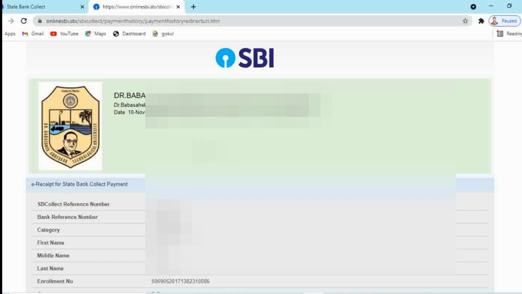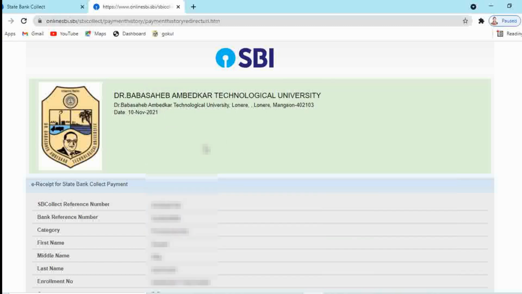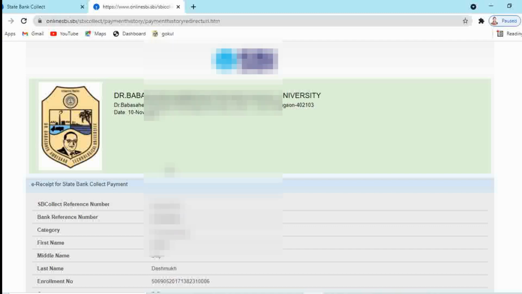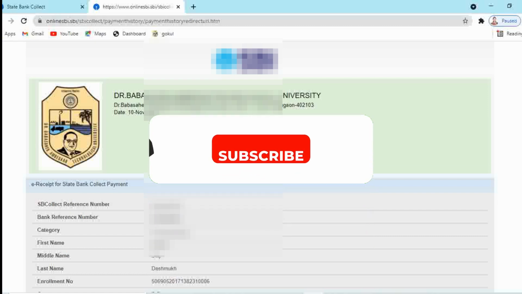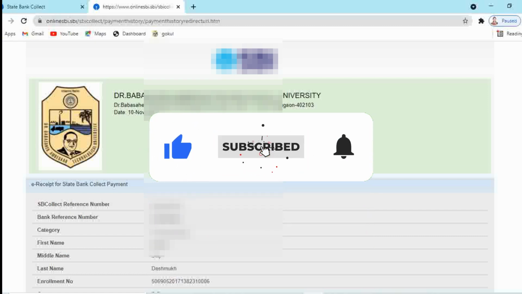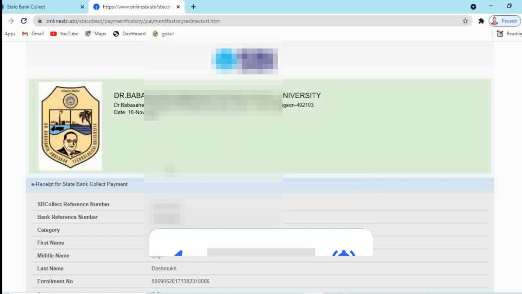You have to mail this receipt during your processing along with your no dues certificate and other mark sheets. You have to attach this receipt also. The complete process I have already posted on my channel. Just go through that. The link is given in the description box. You can check it. Accordingly, you have to mail your documents. After that, you will receive your required certificate within a specified period of time. That time is also given in that previous video, after how many working days you will receive the certificate from the university. That is also shown.